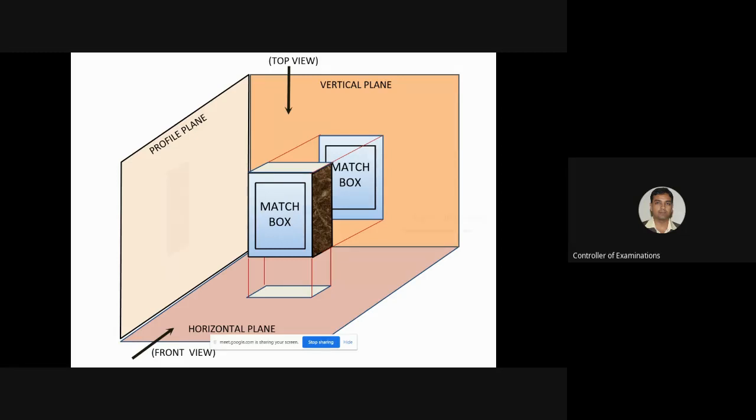Let us see the third one. You move to the right side. You can see the direction of the arrow. You are viewing from the right side. So what do you see on the right side? You see this dark surface, the side of the matchbox. And then you are getting this image, the picture of the matchbox on the profile plane, the side plane. Are you able to see the front of the matchbox or the top of the matchbox in this right side view? No, you're only able to see the side view.